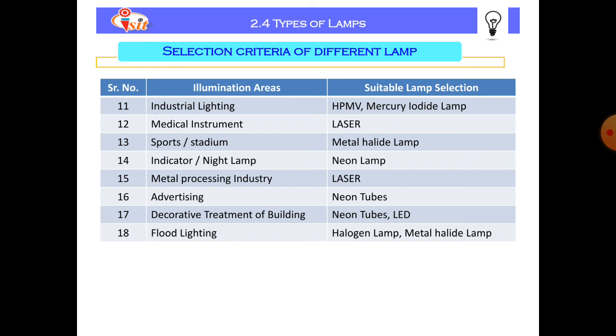You have to compare all the lamps on different particulars, likewise working principle, construction, requirement of starting gear, starting time, environmental friendliness, life of the lamp, lumens per watt, color of lamp, cost of lamp, and applications. On that basis you have to compare all the types of lamps that we have already seen in the previous as well as these videos.